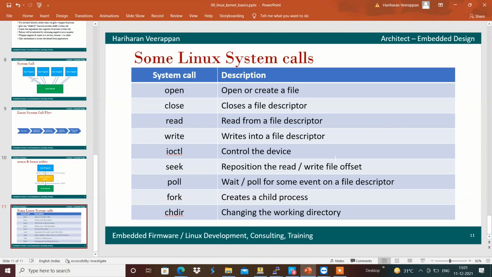Close is the system call to close the file descriptor, and read is used to read the content from the file descriptors, and write is used to write into the file descriptors. ioctl is used to control the device, and lseek is to reposition within the file or device, and fork is to create a child process. chdir is to change the working directory.